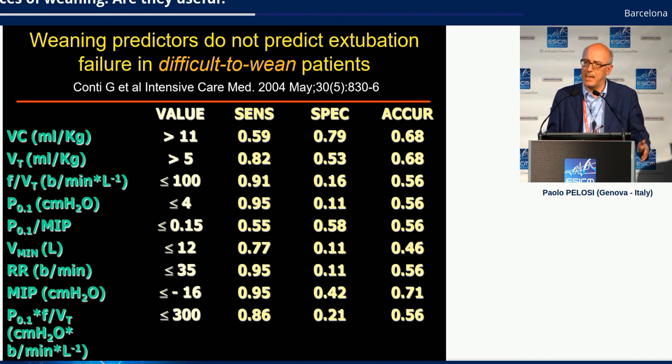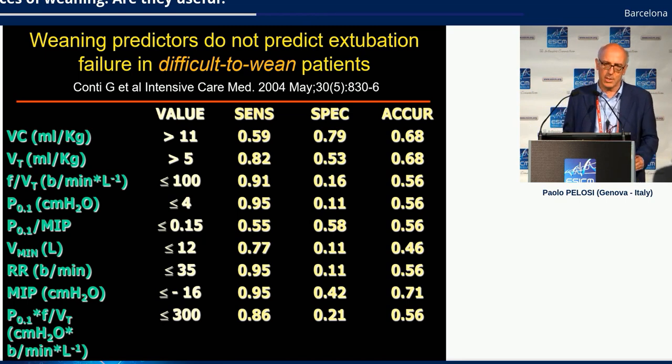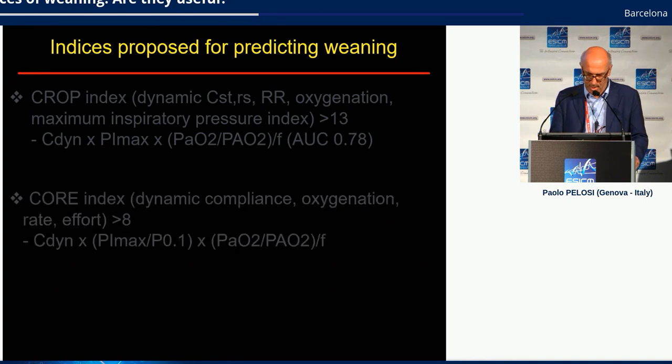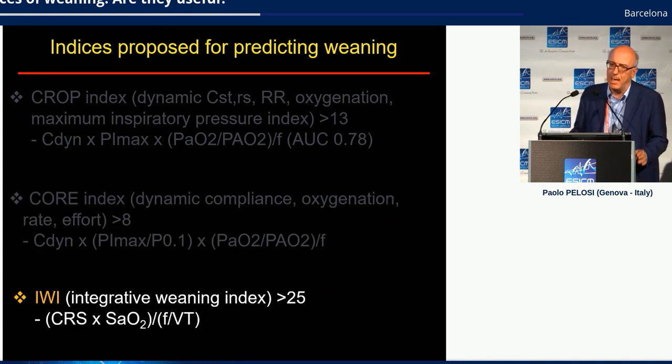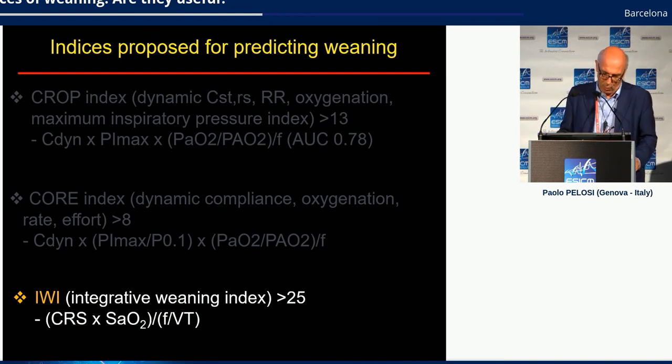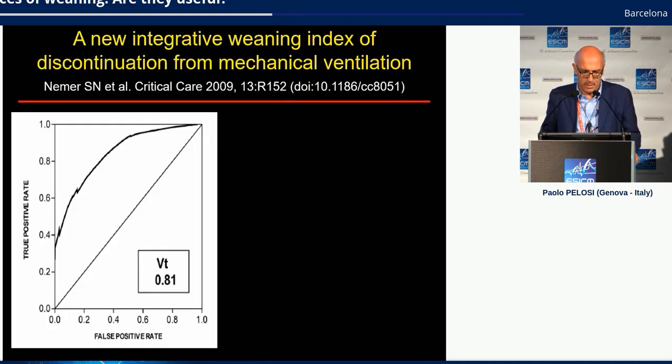Even with more complicated indexes, we get no better information. More recently, a very interesting parameter has been proposed by my friends in Brazil, the integrative weaning index, which is considered to have a limit at 25. It's composed of compliance, saturation, and rapid shallow breathing. And these parameters have been shown